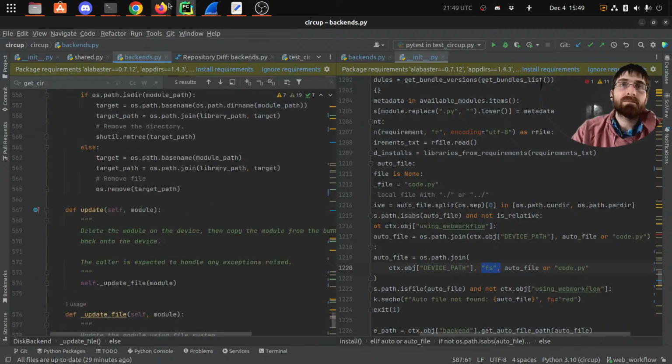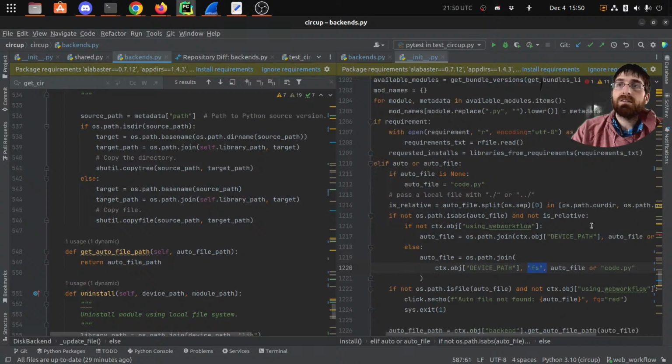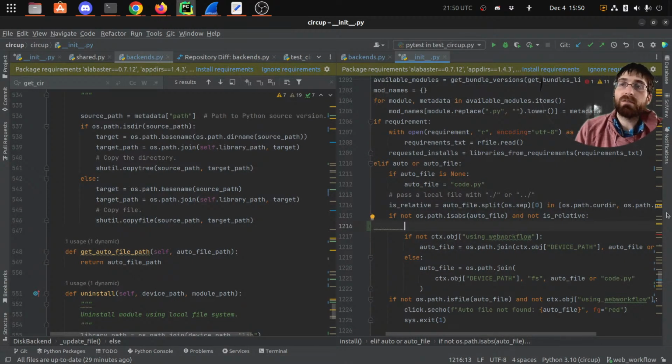Static. And then if that is set, then we no longer need if not Webworkflow, blah, blah, blah. Instead, we can say autofile equals context.object.backend.get